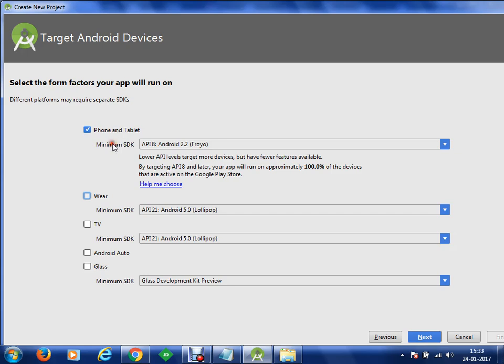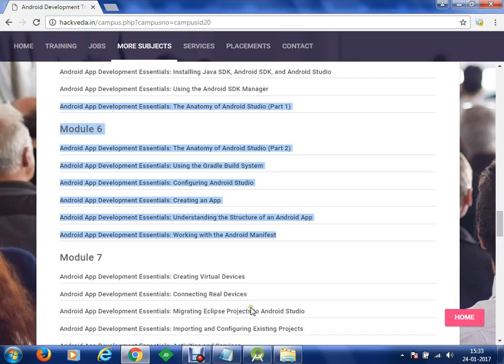The very first option which you have to specify for phone and tablet development is the minimum SDK on which your application will be supported. Before selecting the SDK, I would like to take you to the developer.android.com website, where I would like to show you the pie chart statistics displaying the available Android versions in the world, and the approximate number of devices and percentage of users for each Android version all over the world. So to browse, we'll go to the website here.